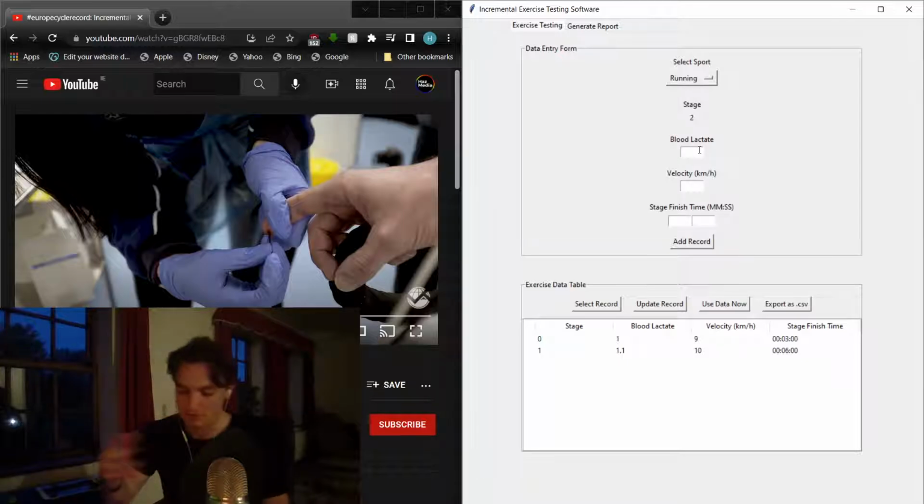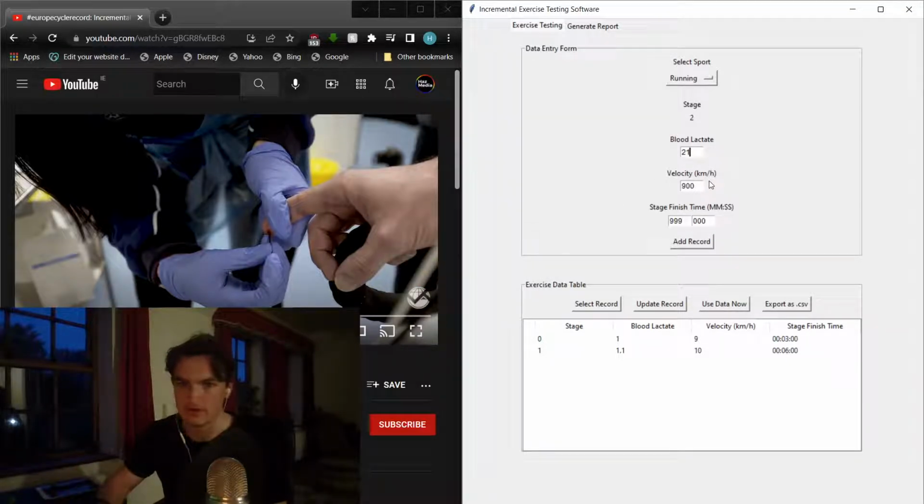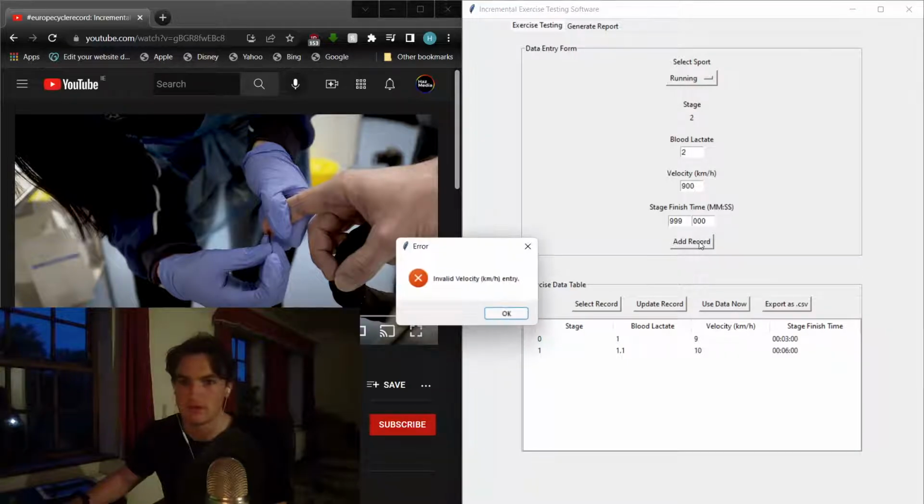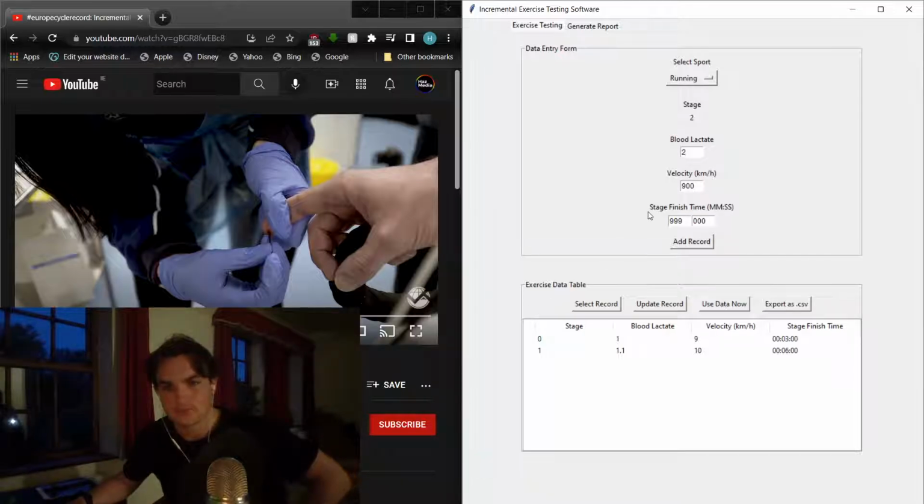Now, for example, if you enter the wrong number, say 220, at a speed of 900 kilometers an hour, ending at 999,900, that won't be allowed. Invalid blood lactate entry. It has some text validation just to make sure you don't enter silly things. And yeah, you do that for all 8 stages, and at the end you can export that as a